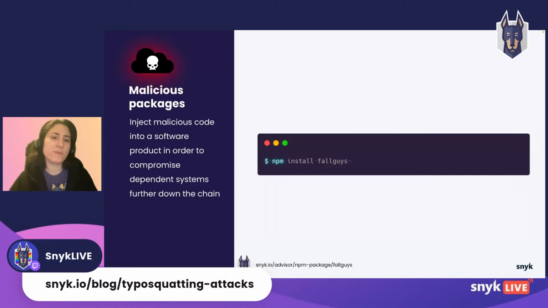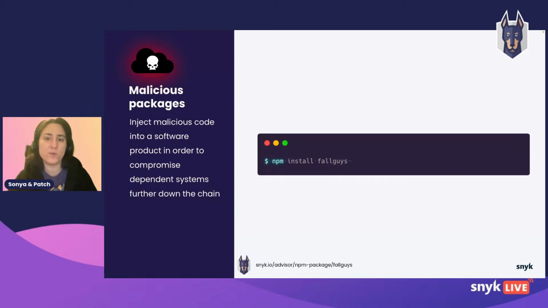So users might think that by downloading this specific package, they will get an advantage in the game, should it be cosmetics or just a way to cheat within the game. Here, Fall Guys is a malicious package that contains malicious code that attempts to read local sensitive files and exfiltrate information through a Discord webhook. So this was the entry point, the Discord webhook in that case. And basically, it was attempting to access specific paths available on Windows systems, and it was checking the local storage.